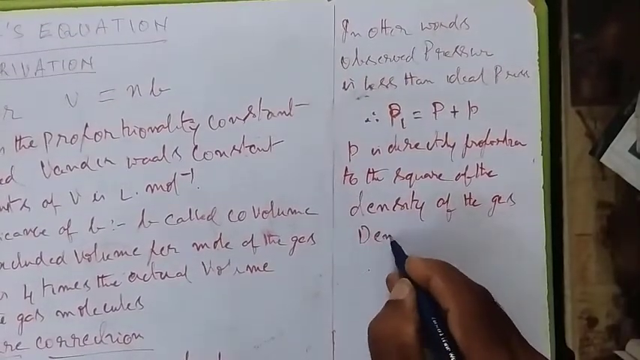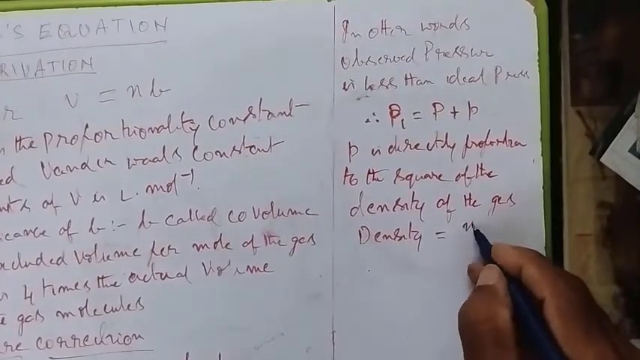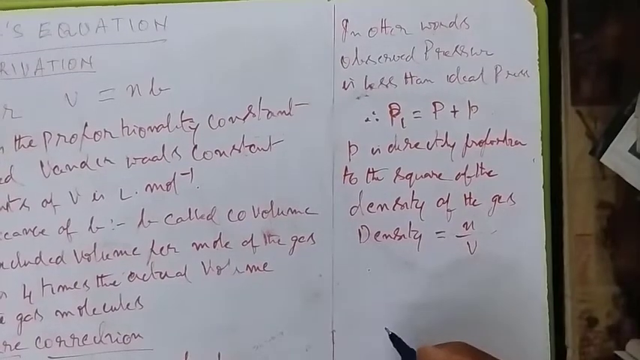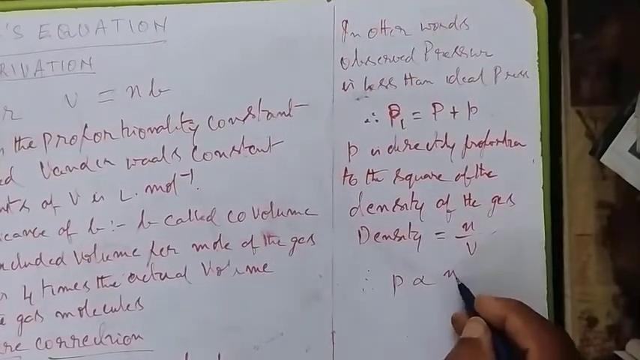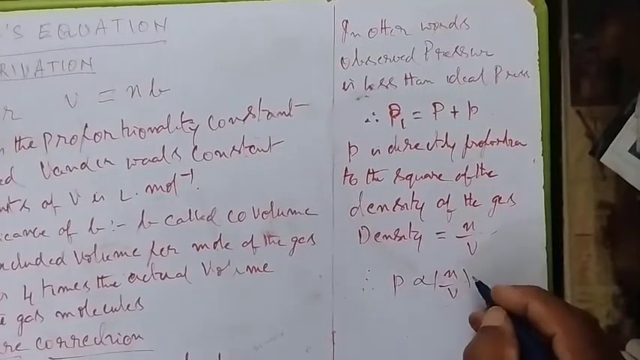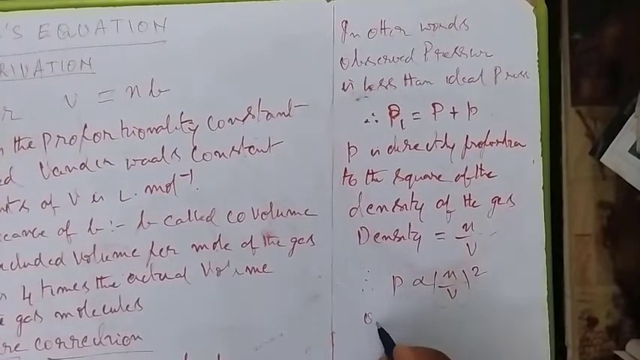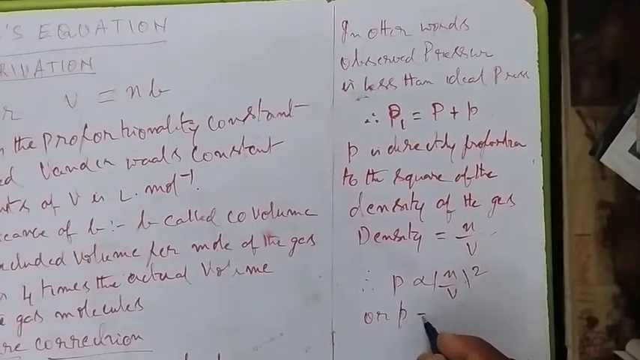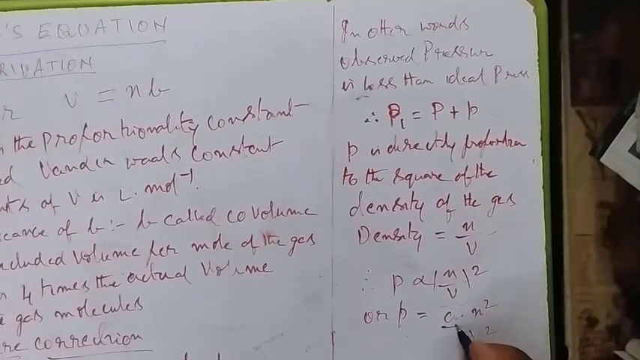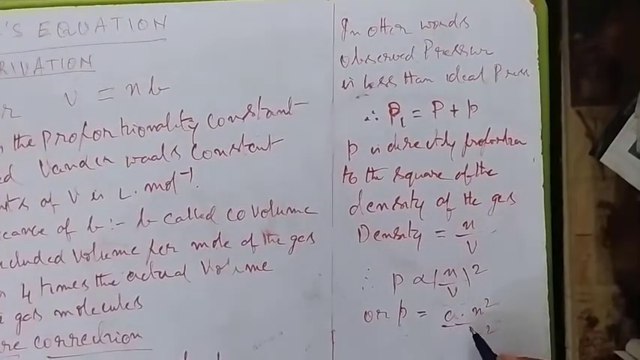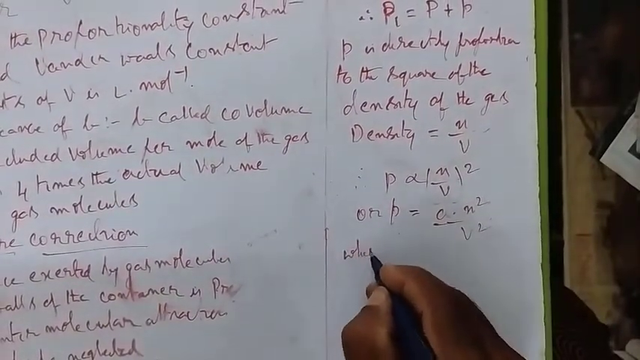But density is equal to number of moles by volume, that is n by V. Therefore, P is directly proportional to n by V. Square of the density is n by V whole square, or P is equal to a into n square by V square, where a is a proportionality constant,